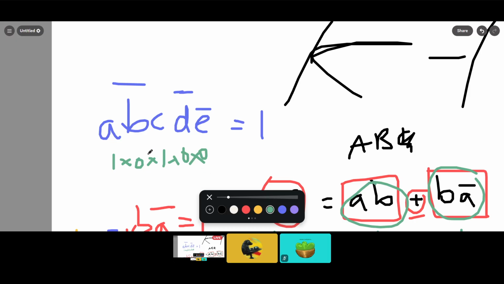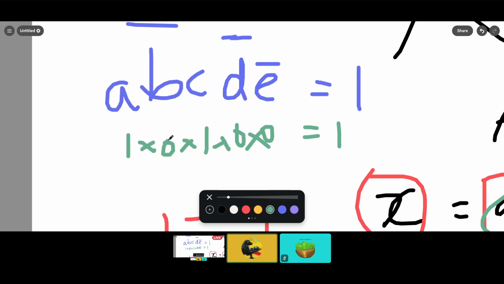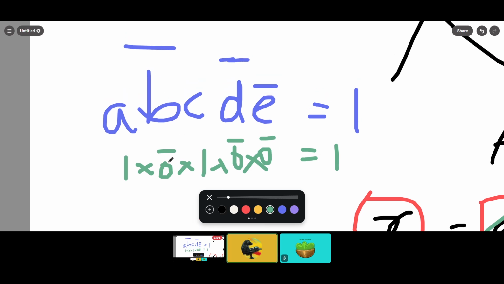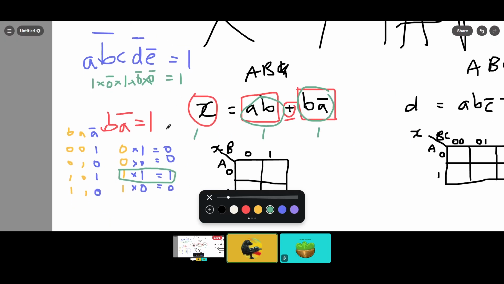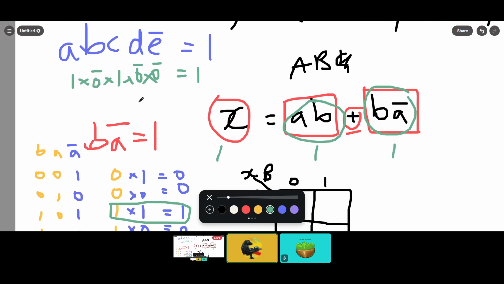Yeah, I already know that those are the values. This is equal to 0. This is equal to 0, but don't forget the bar. B is 0, but when you bar 0, it is 1. And that is the method to get what the values of A and B are, or of A and B